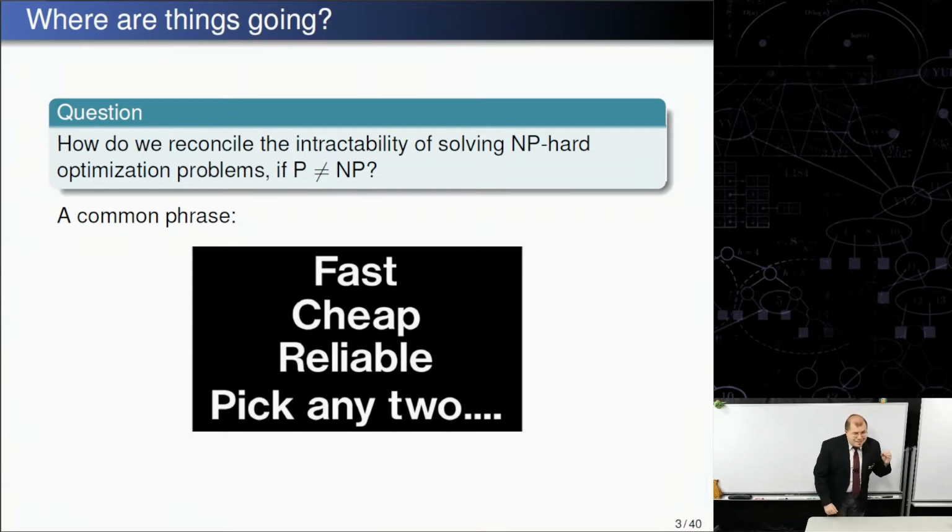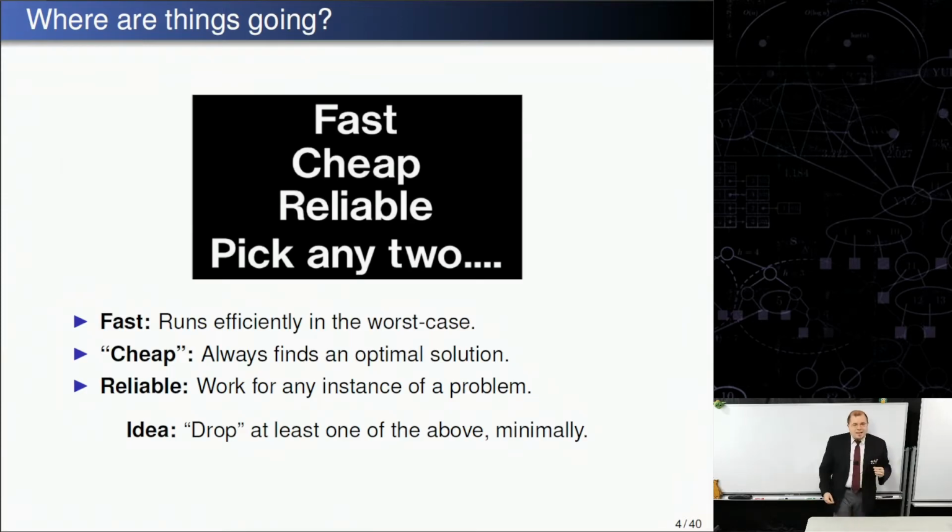So in this aspect, I'm going to be taking and interpreting this in the following way. I'm going to be assuming fast as it runs efficiently in the worst case. So I'm going to say efficient meaning polynomial time. When I mean cheap, I mean that not necessarily that like it has to be the case. So if I'm saying an optimization